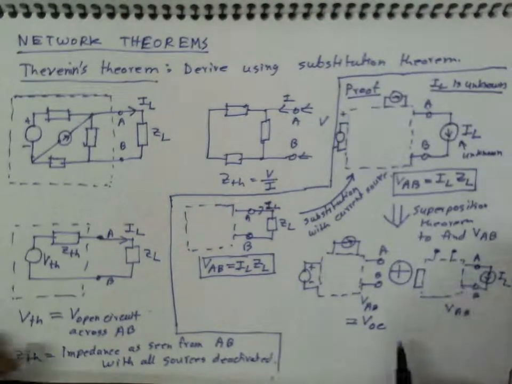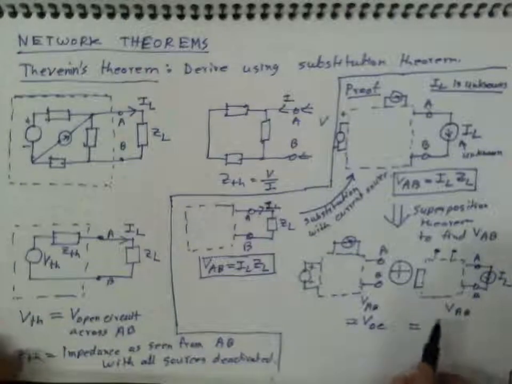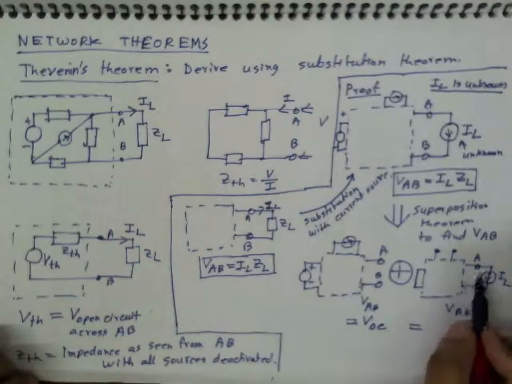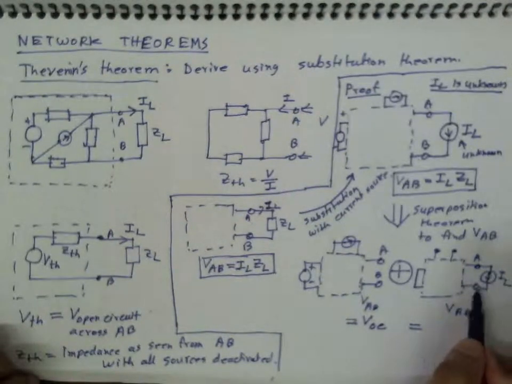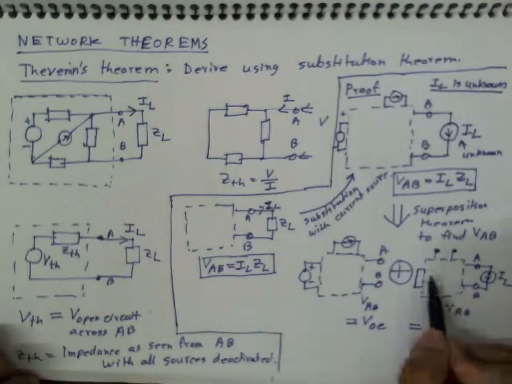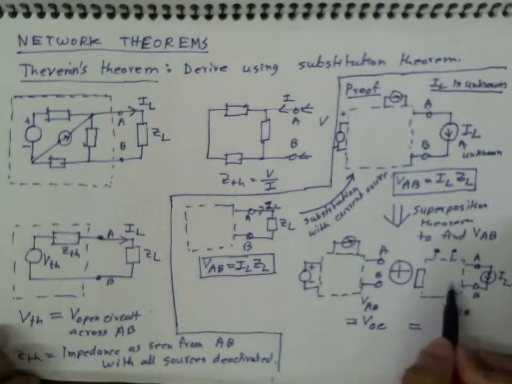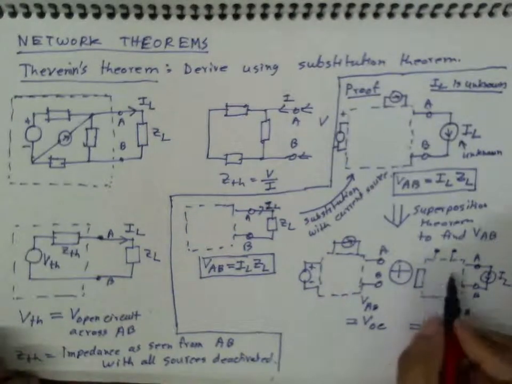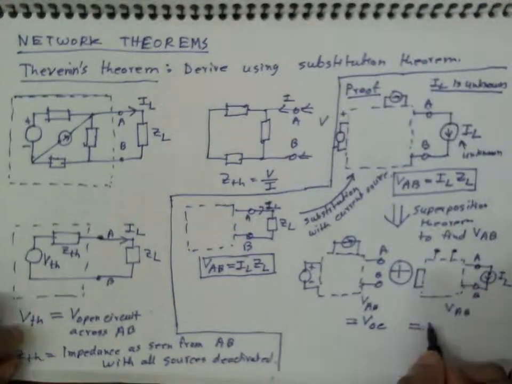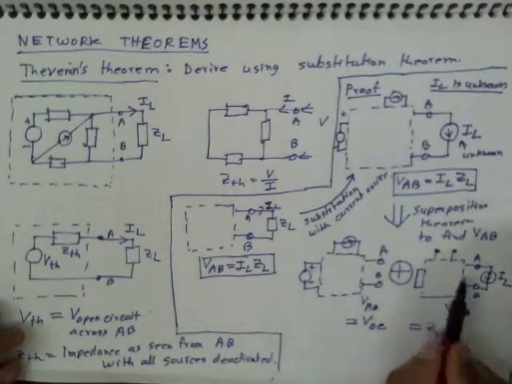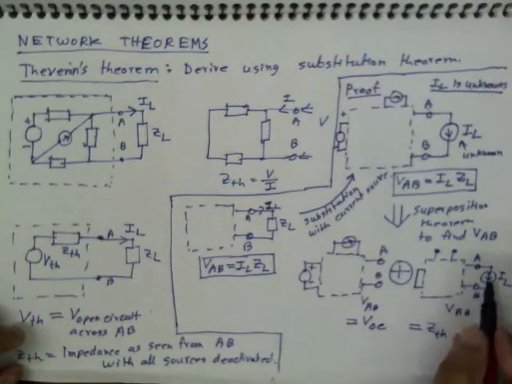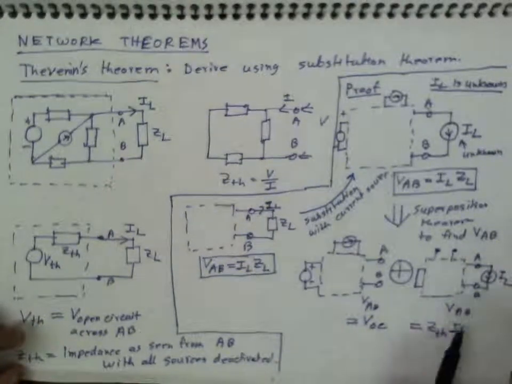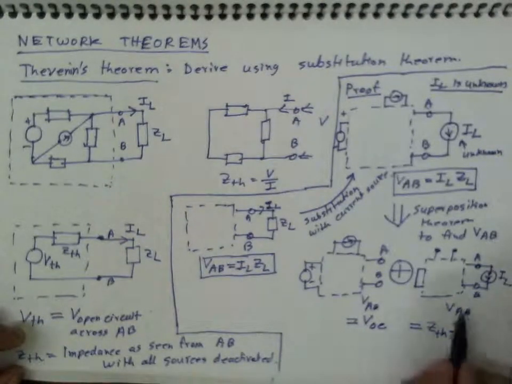Now this VAB will be, by definition, easily equal to this current times the internal impedance of this circuit. If the internal impedance, that's by definition Z Thevenin or Z internal, whatever you call it, let me use ZTH, multiplied by this IL, the current which is flowing, that should be VAB. But I should have a -1